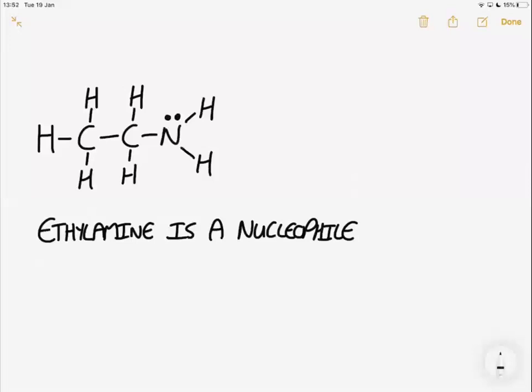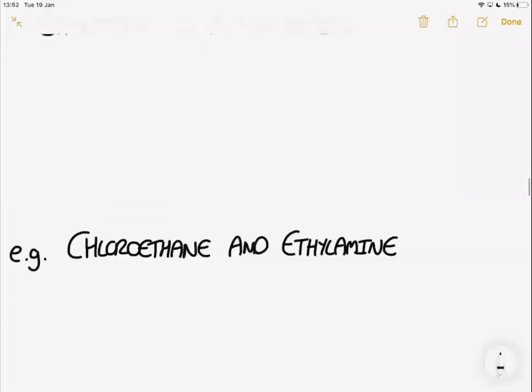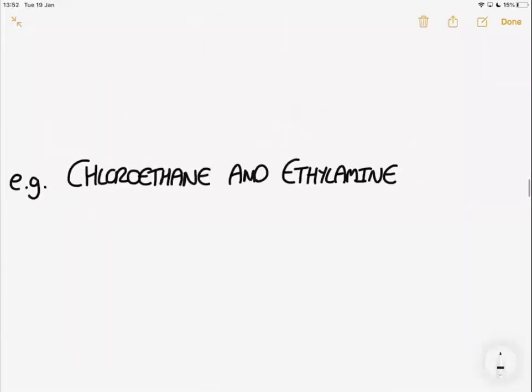So why does this matter? And this is where things definitely go beyond what we will have talked about in year 12. Well, if ethylamine is formed, and if it is a nucleophile, then a reaction can occur between the excess of chloroethane and ethylamine. So let's say, for example, in this reaction mixture,